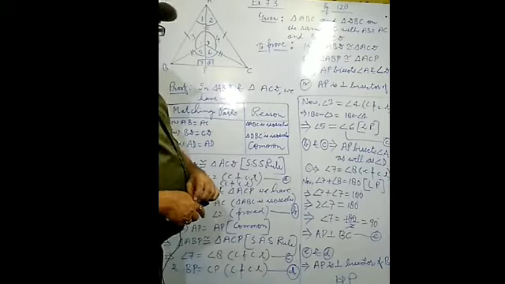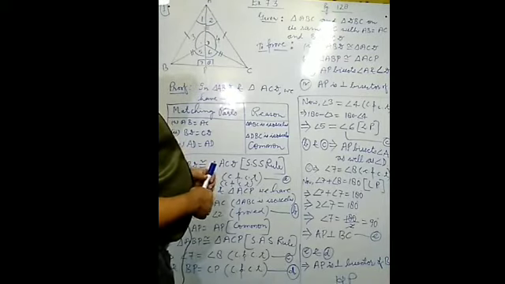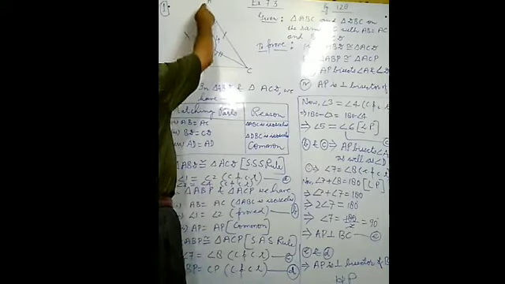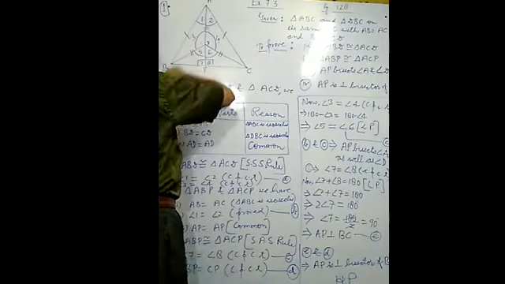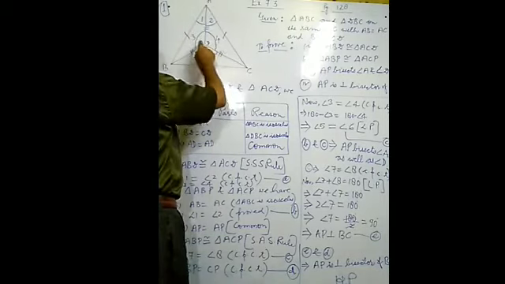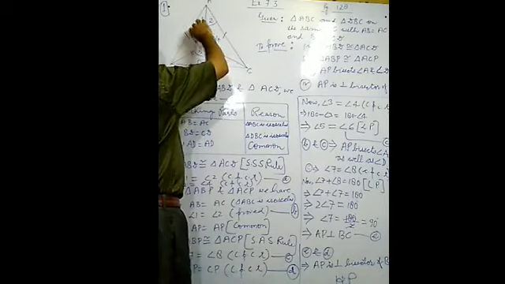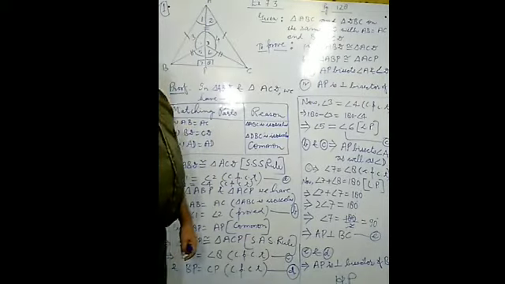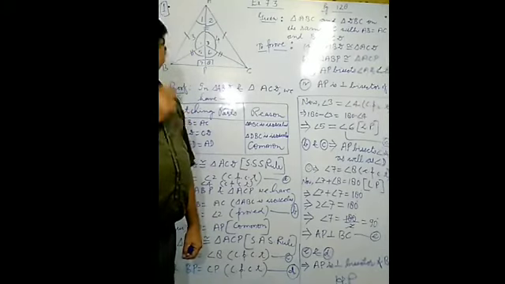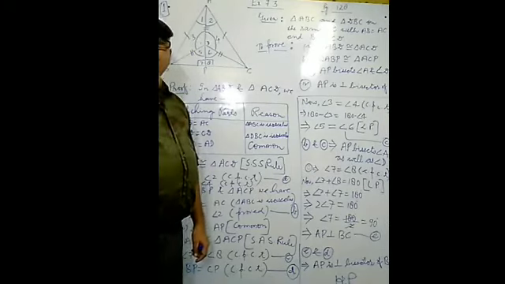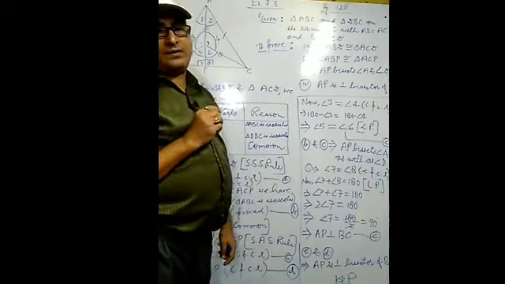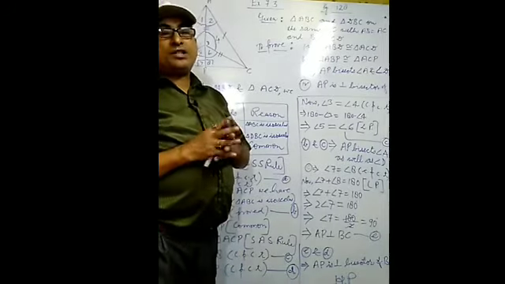Now observe. Firstly, we have to show that triangle ABD is congruent to triangle ACD. Where is triangle ABD? Triangle ABD, triangle ACD. It means this smaller triangle and this smaller triangle are related here in the form of congruency. How can we prove this? For proving that, we require three matching parts. What are those three matching parts?